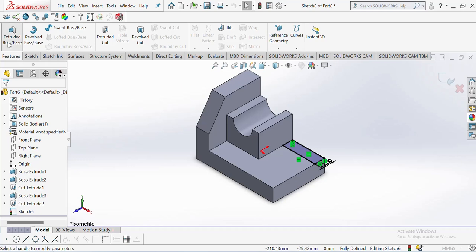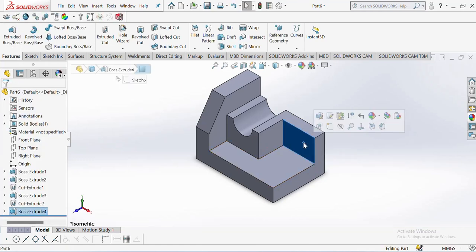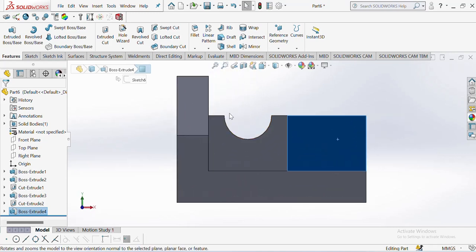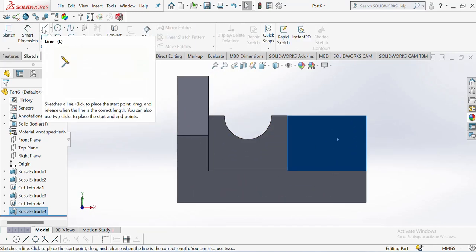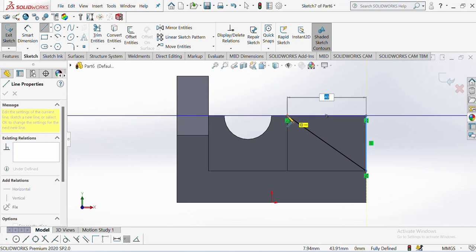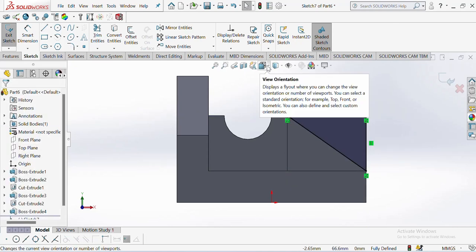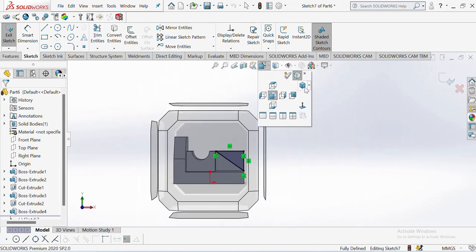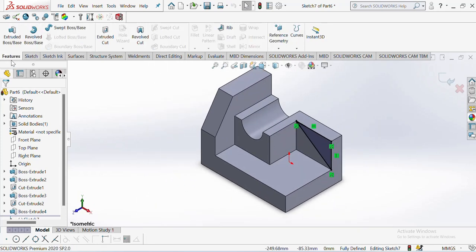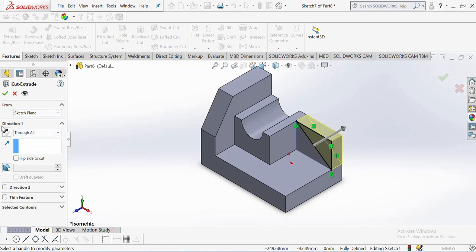features, extrude. Okay, select this face, normal, select line, choose line, start from this corner up to this one. Okay, you see, isometric, features, extrude cut, lower. Okay,